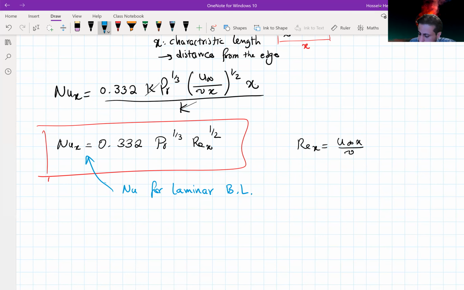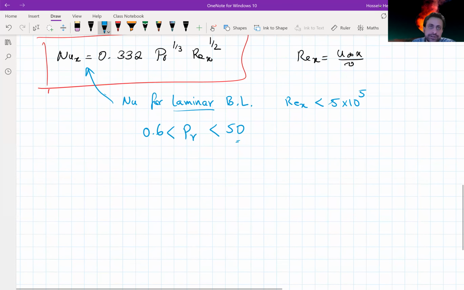Boundary layer. So flow should be laminar to be valid. In order to be laminar, Reynolds x should be less than the critical Reynolds number for transition from laminar to turbulent, which is 5 times 10 to the power of 5. And Prandtl number should be less than 50 and greater than 0.6. In your text, you would probably see it sometimes referred to as 60, but it's an acceptable range for